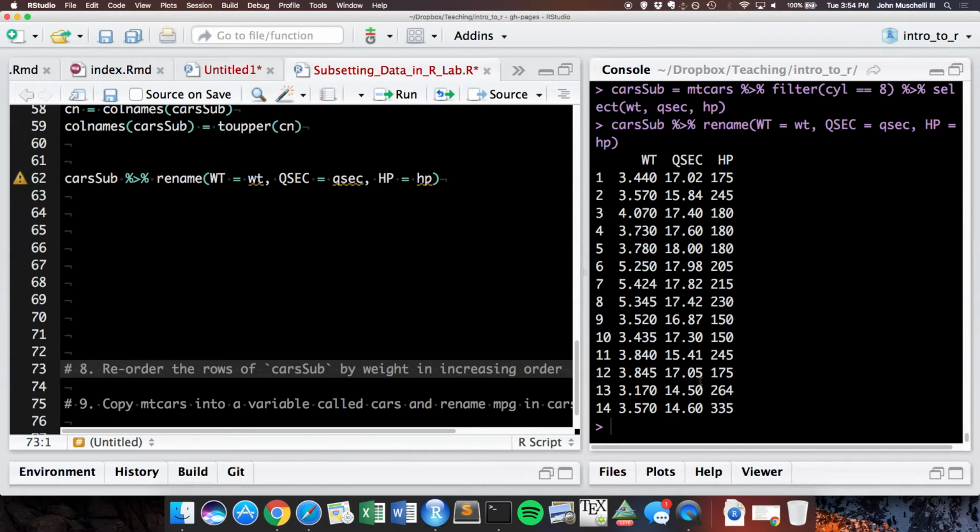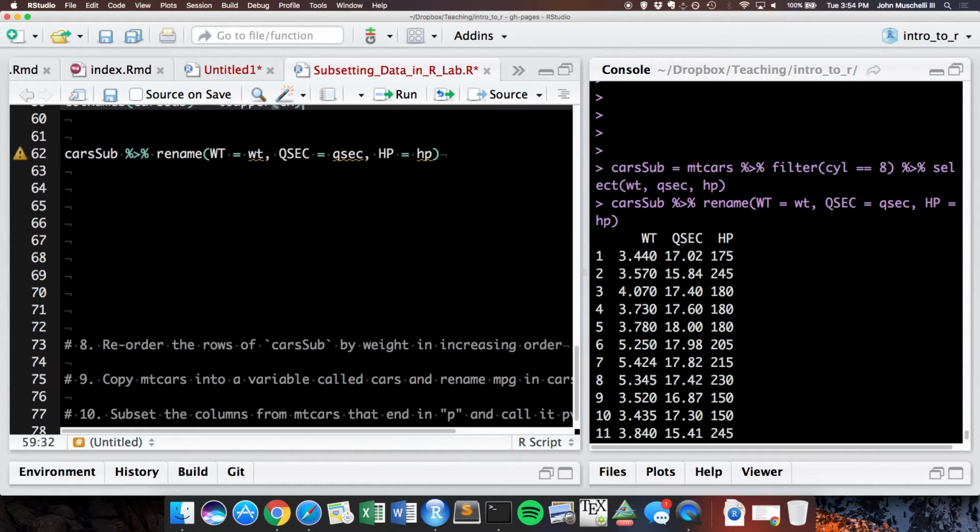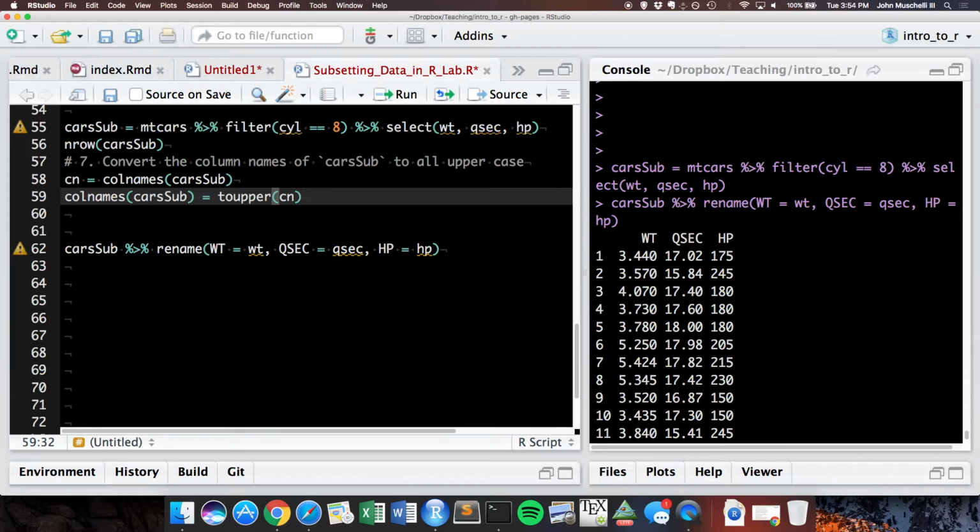Everything's good. But if you want to do it wholesale, upper to lower, this is the way you can do it. Sorry, I don't mean to keep moving around. CN is the column names. We set it equal to the uppercase of those. Instead of putting CN here, we could have put this in there to have one big long command that says